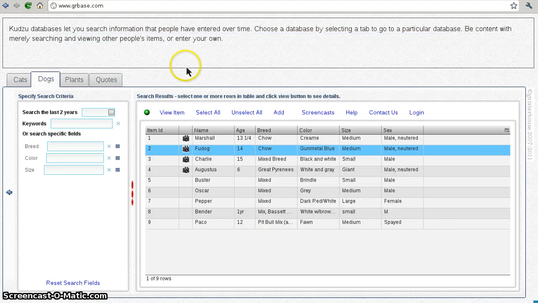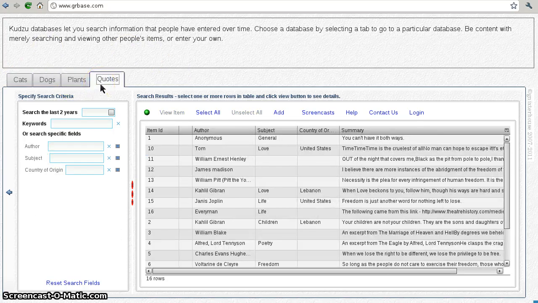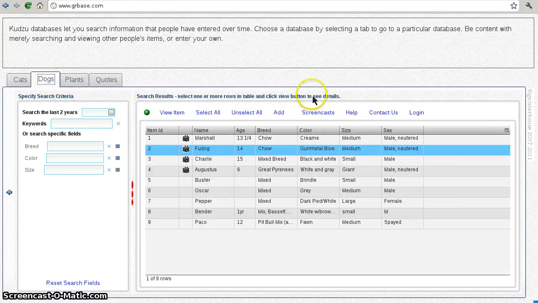So it's not only dogs. If you have cats, if you have dogs, if you have plants, or if you just like quotes and you'd like to enter a quote or two and get it uploaded where people can see it, grBase is the place for you. So basically what you do with grBase is, we'll go to dogs to illustrate this,